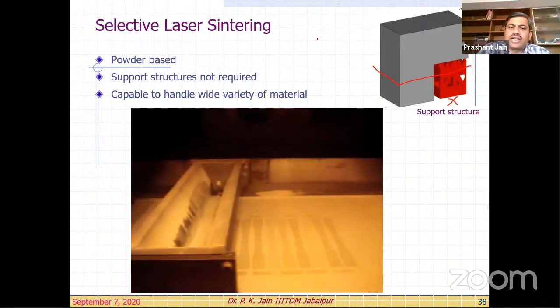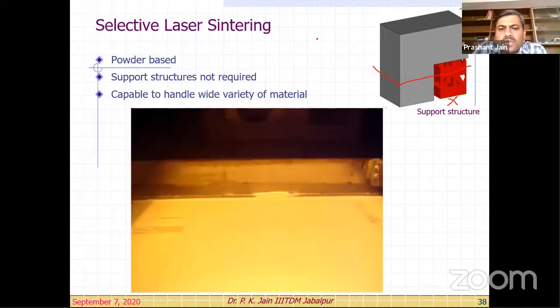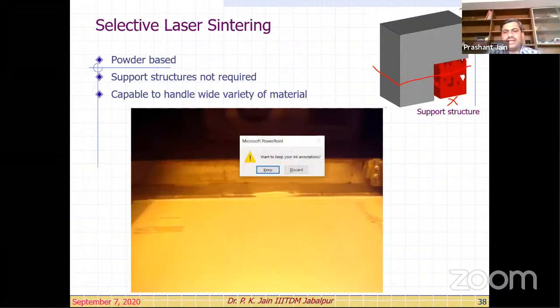You see, this is the recoater spreading a new layer of the powder. And this is the infrared heater that was switched on. So it will again maintain the temperature when the new unsintered powder layer is formed. It has to again keep the temperature. All right. So this is the process for SLS, right?